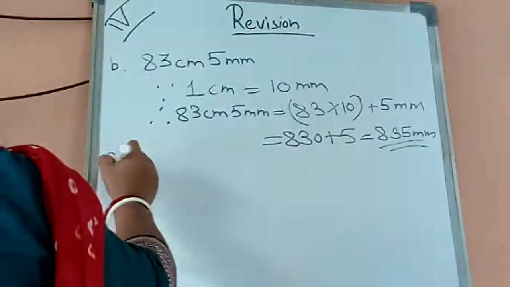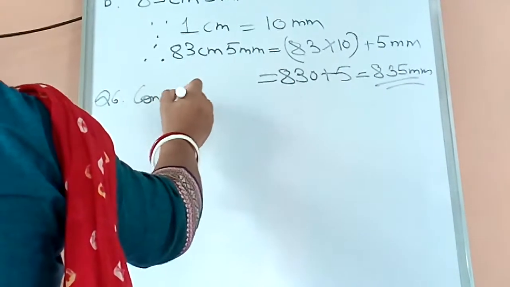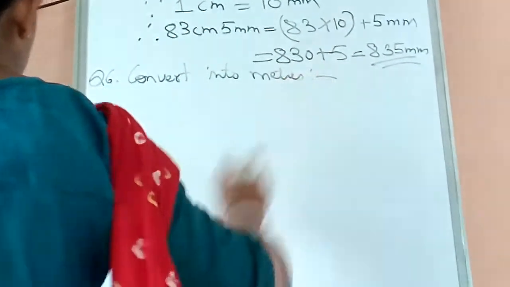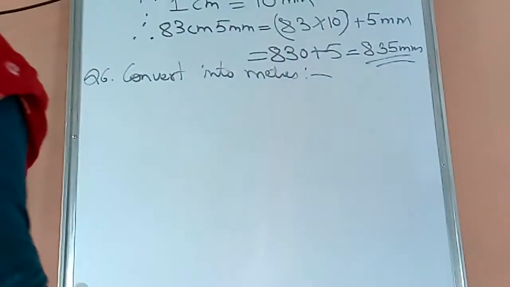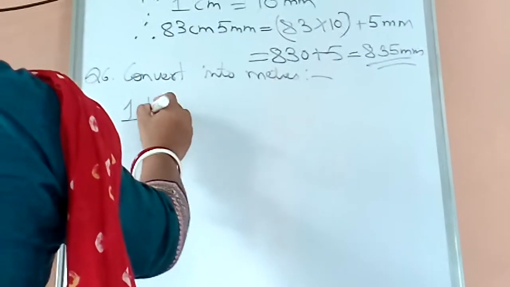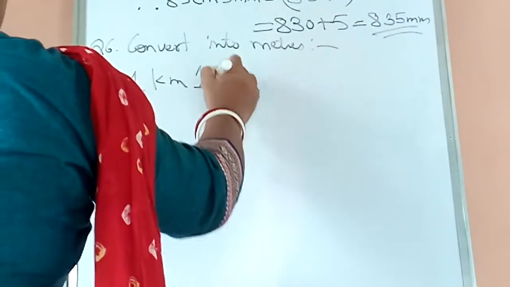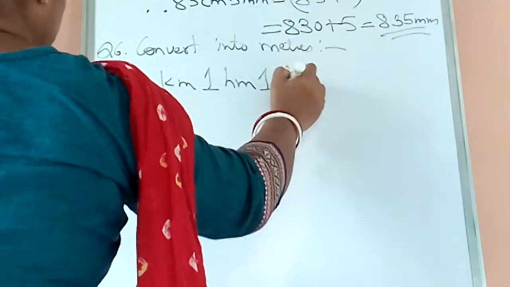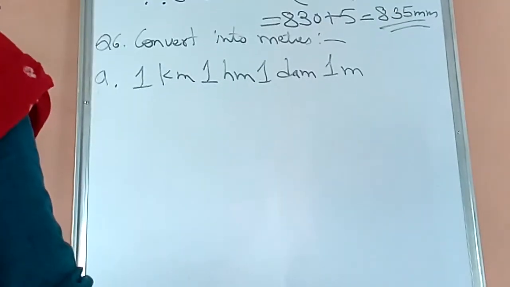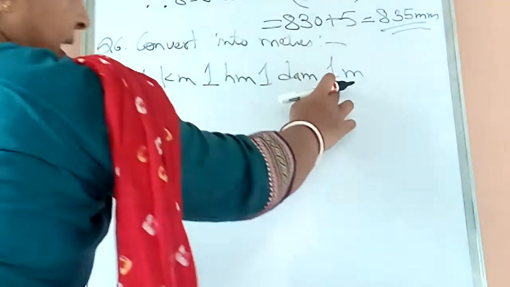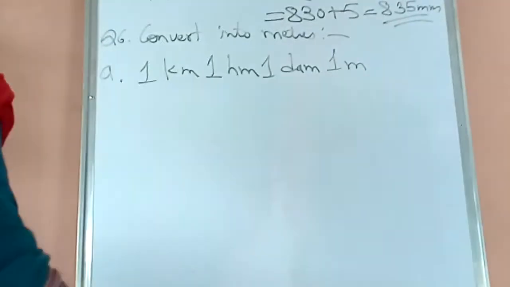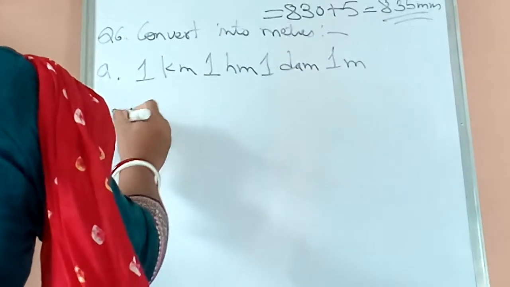Now let's do one more. Convert into meters. These all are from composite maths. Okay, so convert into meters. It is given 1 kilometer, 1 hectometer, 1 decameter and 1 meter. This you have to change whole into meters. Only the last one is given in meters, so it will be as it is. The rest, this whole part you will change into meters. So what will you write, that since